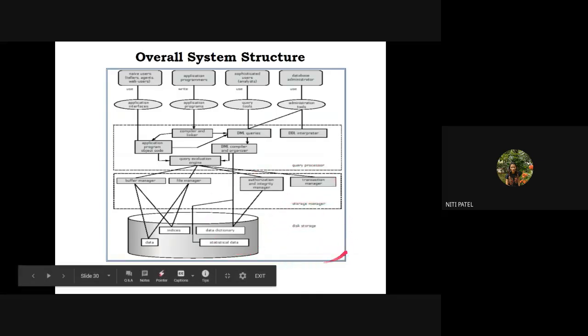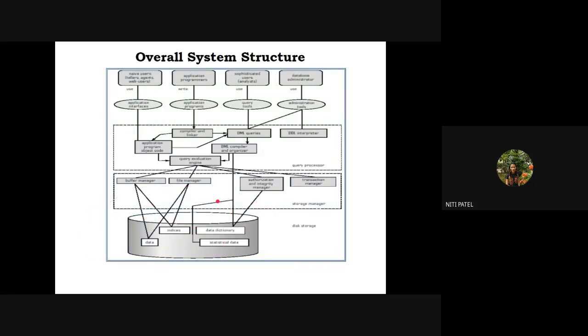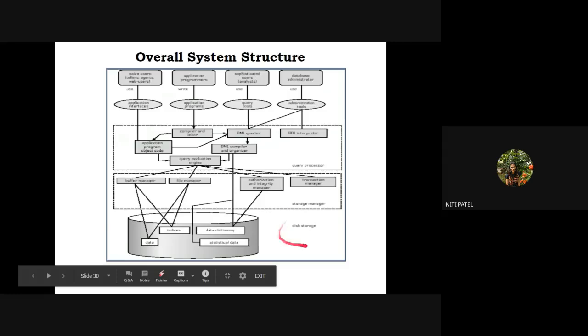And the last part is nothing but the disk storage. Now, what is your disk storage? This is nothing but your hard disk, where your data is actually getting stored on a permanent basis. What was all this? Buffer manager and file manager. This was all temporary. Once you delete the table, that data will get deallocated, or that memory will get deallocated. But if you are taking the same database backup in some hard disk, we call it a disk storage. Okay. So what do we have in disk storage?